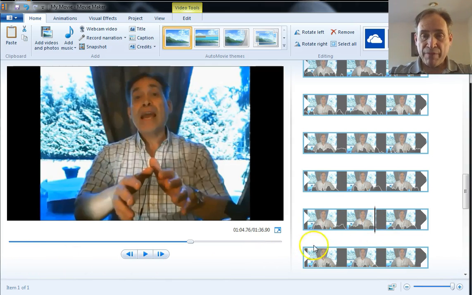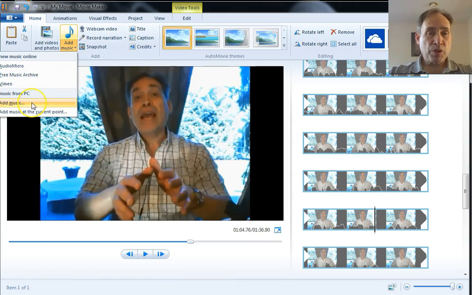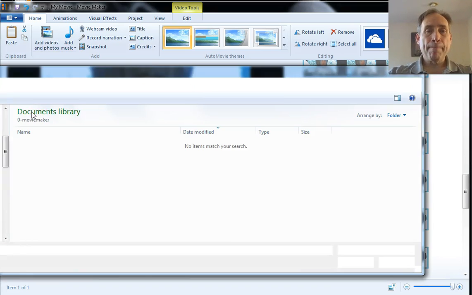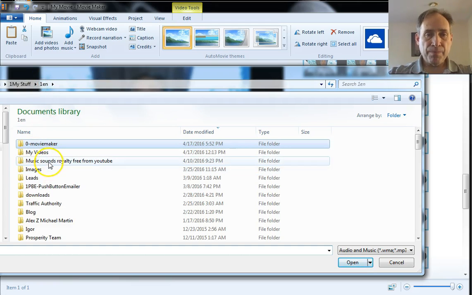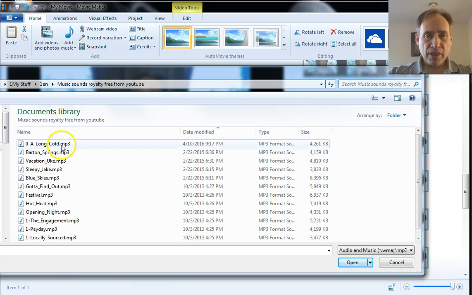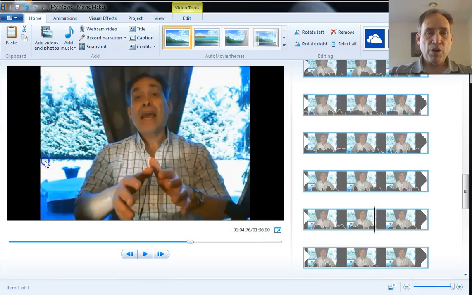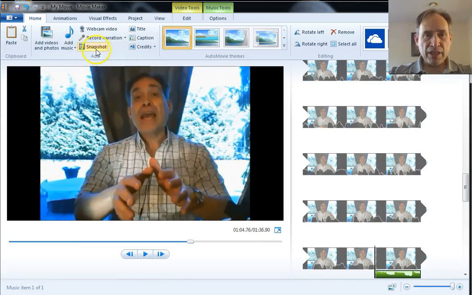So remember, we have the cursor here at the 1 minute 4 second mark, and we're going to add music. If you remember from the previous video, maybe number 2, we can either add music which is going to start at the beginning of my video, or at the current point. So I'm going to say at the current point, and it's going to open up. Let me go over to my royalty-free sounds, and let's take a little upbeat ukulele,